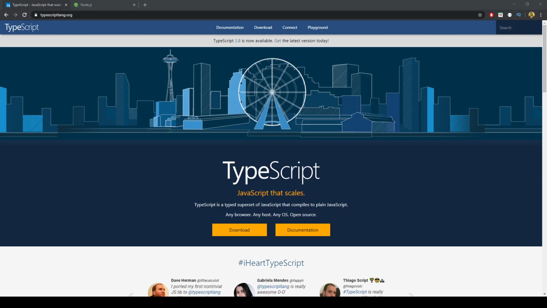So what is TypeScript? TypeScript is a superset of JavaScript, meaning it can do everything that JavaScript can do, but it adds more features to it, making it more powerful. And it should be noted that JavaScript is what the browser runs. TypeScript isn't run in the browser, so you will need a TypeScript compiler, and there's a very powerful customizable compiler that TypeScript offers, and that can compile the TypeScript code into JavaScript,